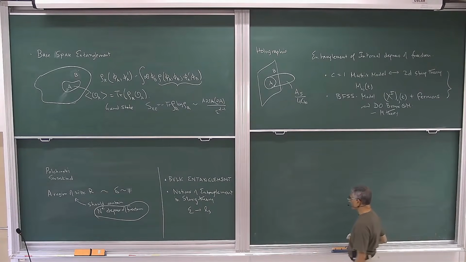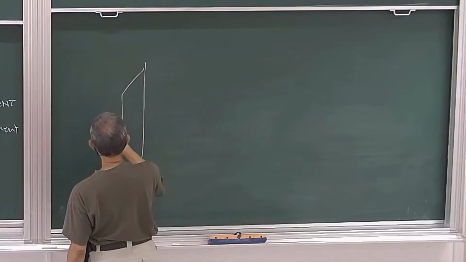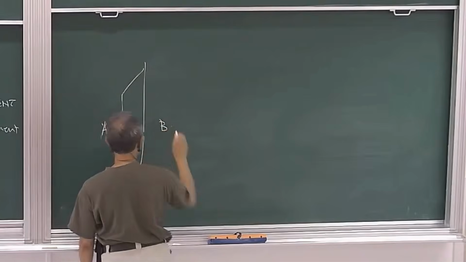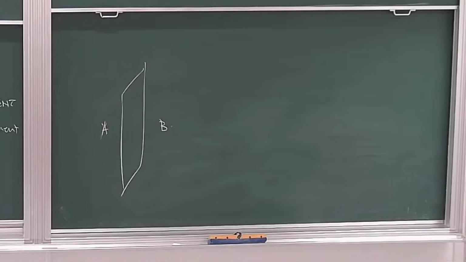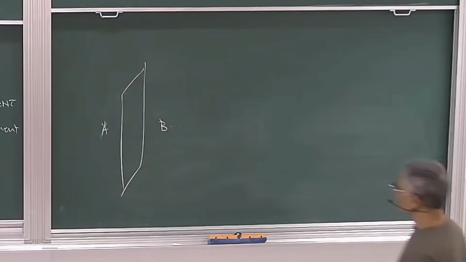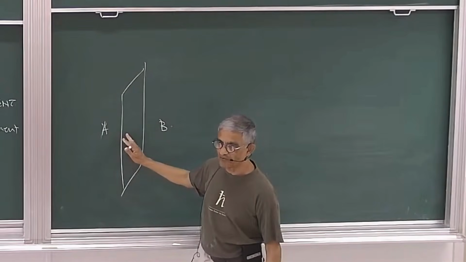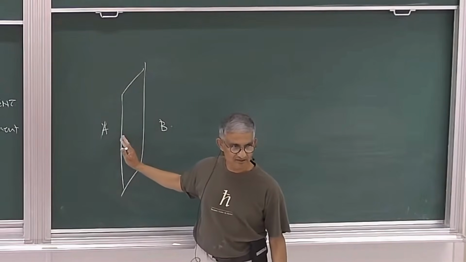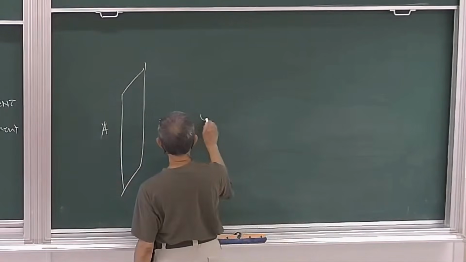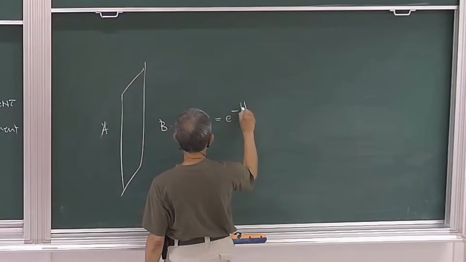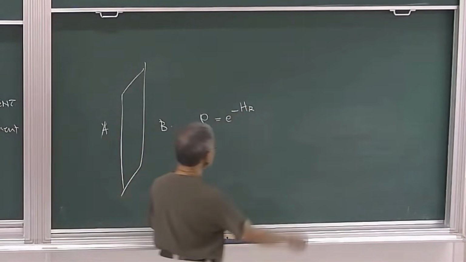Suppose I take the entanglement of half space. This space is A and that is the complement B. So you break it up, infrared regulate the whole thing. Now, it is well known that this object is nothing but the entropy associated with the Rindler horizon. If you just calculate what the density matrix is for this thing, it is nothing but the Rindler Hamiltonian. If you take Rindler space,